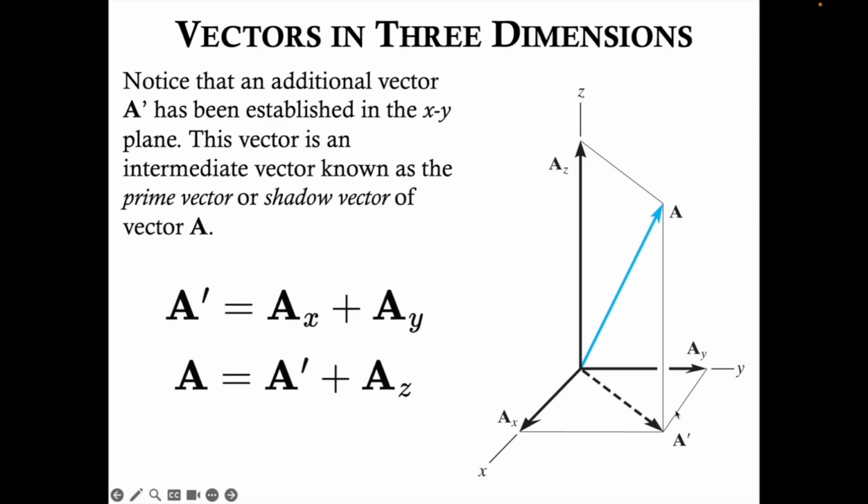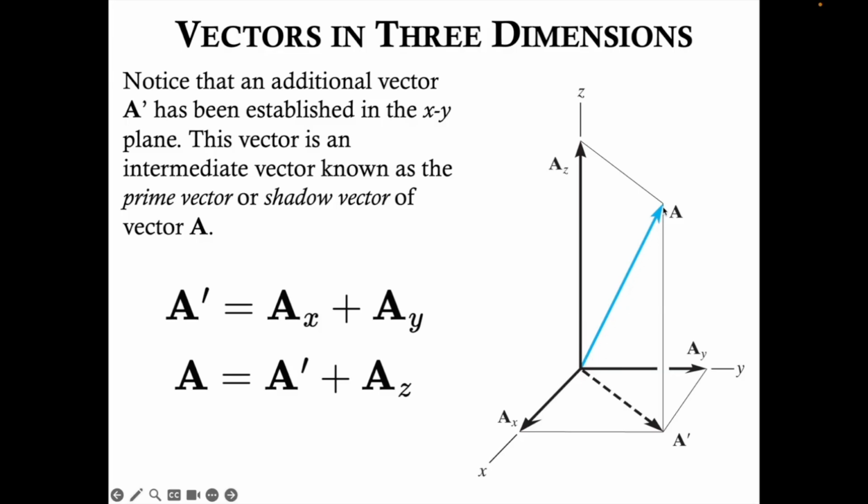Notice in this diagram here that an additional vector, A prime right here, has been established in the xy plane. This vector is an intermediate vector known as the prime vector or shadow vector of vector A. So we do notate it as a prime with a prime symbol there, a little tick mark, single quotation mark. And we can also call it the shadow vector because if you imagine a three-dimensional space and say this vector